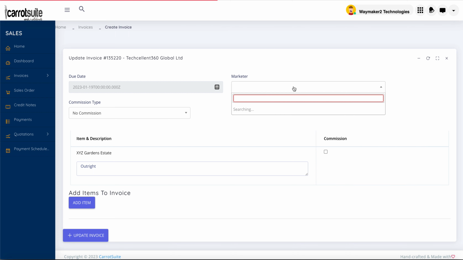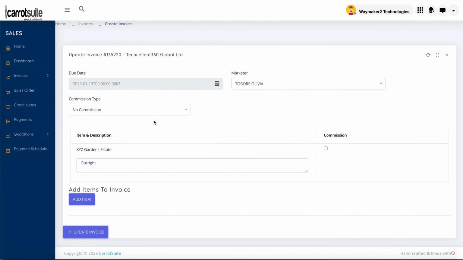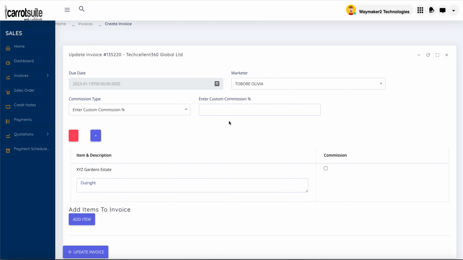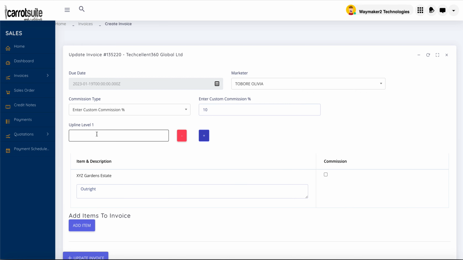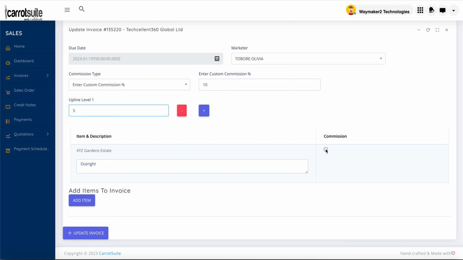So first, let's select the marketer that we want to update on this invoice. So then we select the commission type. Is it fixed, custom commission percentage, choose on commission structure. Let's just say custom commission percentage. Let's say 10% for the direct sales. If there's an upline, let's say 5%. So then for this item, we need to tick this checkbox because we're going to be charging commission on this